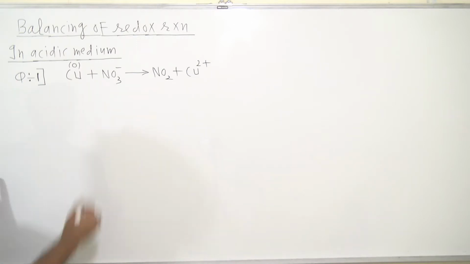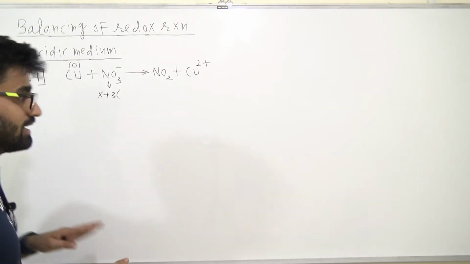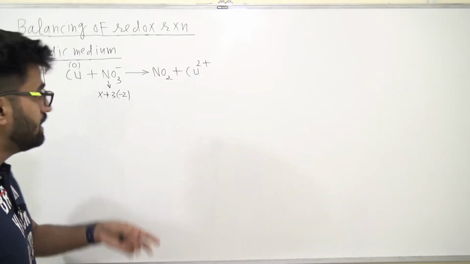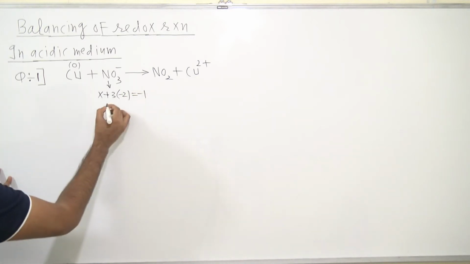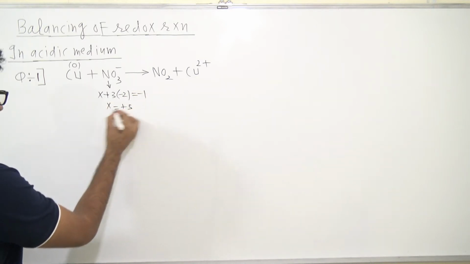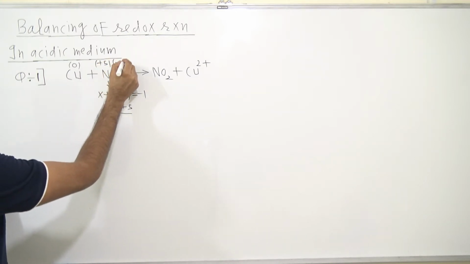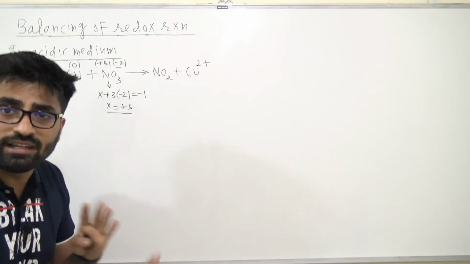Now what about nitrogen? We can calculate that. Let's say nitrogen is X, plus there are 3 oxygen atoms, and the oxidation number of oxygen is generally -2. Exceptions are also there, but this is a common compound, so it's -2. The total charge is -1, so X comes out to be +5. So the oxidation number of nitrogen is +5 and of oxygen is -2. First of all, for every individual element we need to write the oxidation number.